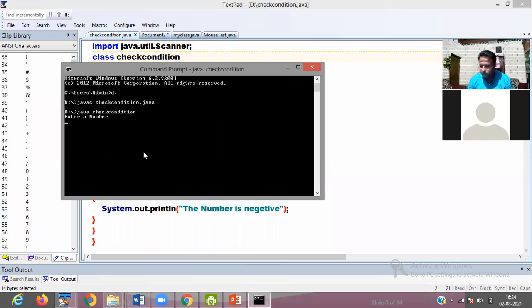Enter a number. Suppose I pass -70. That is showing you a negative number.